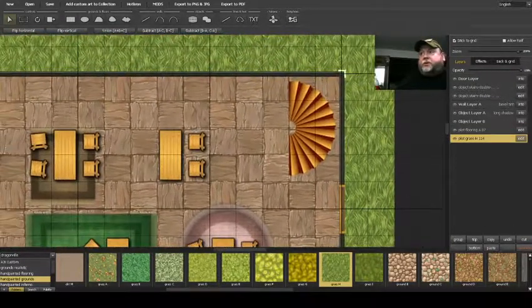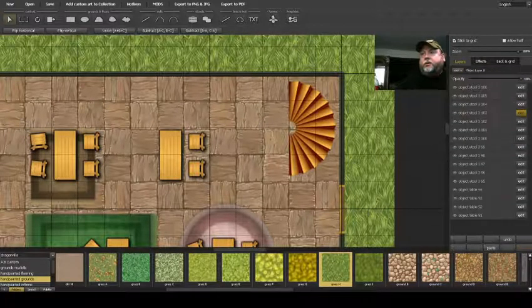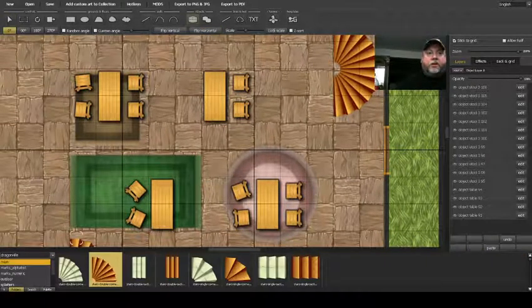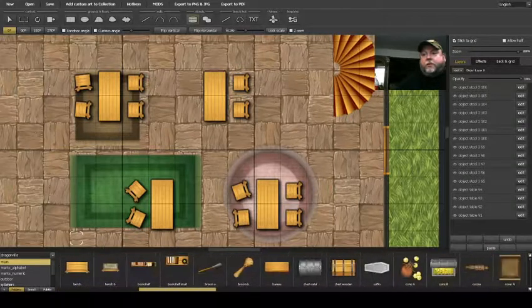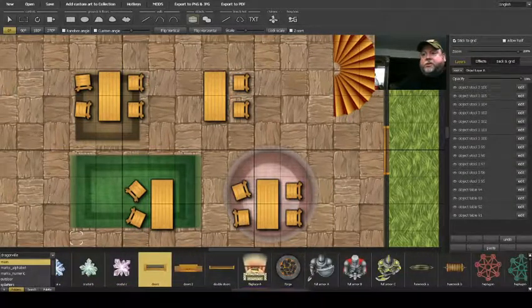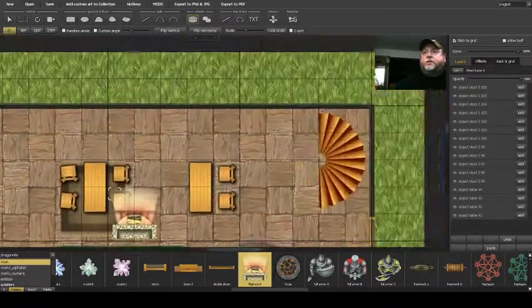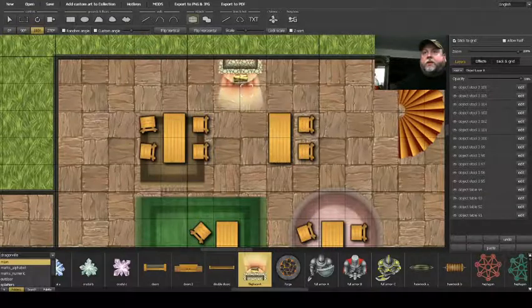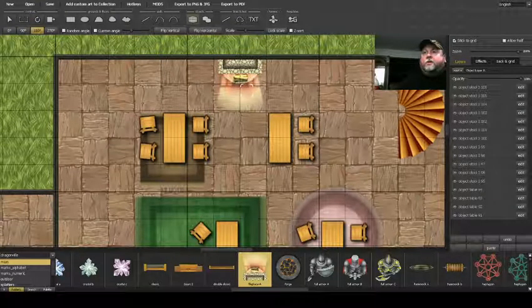If I go into my object layer A, click into here, and I want to put a new object, let's say I want to drop a fireplace. That's a good example. I'm going to put it up here, turn it around. Now, we don't want our fireplace to be over top of the wall, right? But since we're inside of a group,